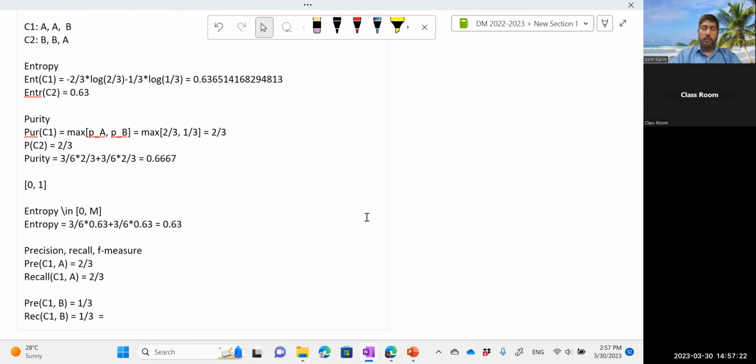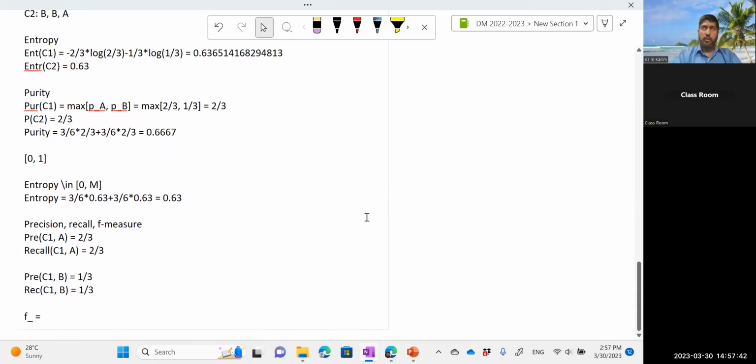So this way you have to compute class-wise, and then you can aggregate them class-wise. There are one or two ways of combined aggregates, but they are not very popular and not very interpretable. You can combine them class-wise. Of course you can also do a final combination using the F measure. F measure, for example, for C1 and A we can compute, which is of course as you know 2 into precision into recall